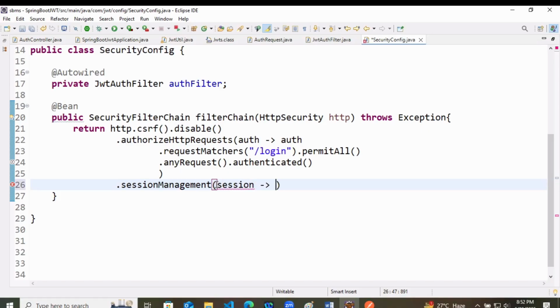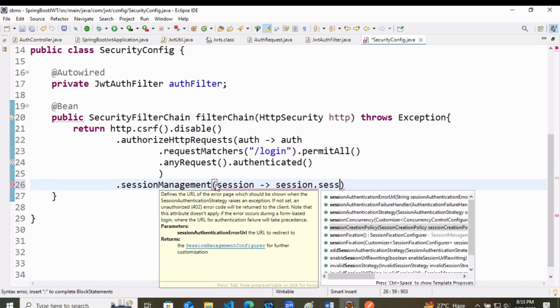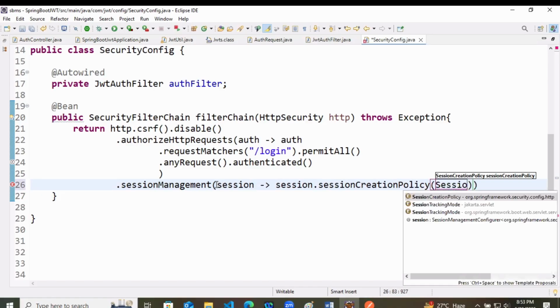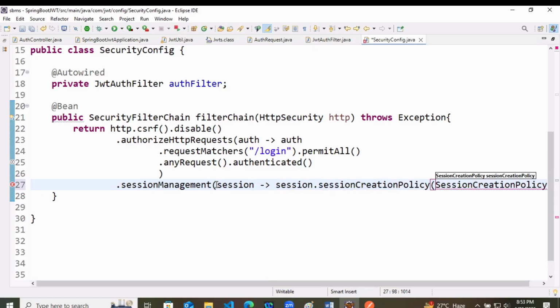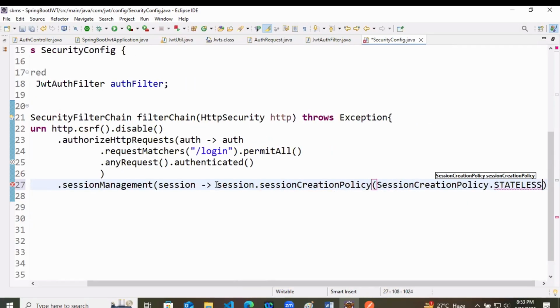Now here you can keep it like this, session, then its anonymous function to session dot session creation policy. Policy means that you are going to create a session creation policy dot stateless.